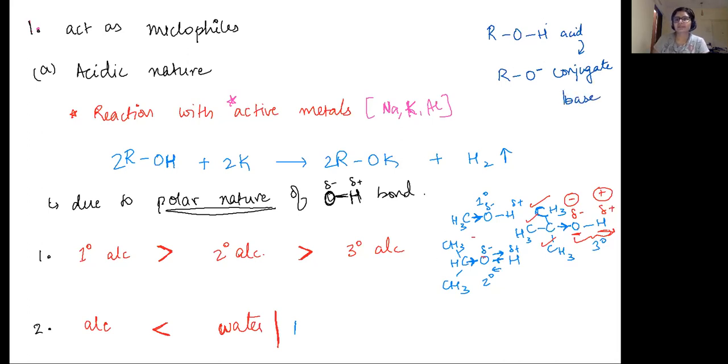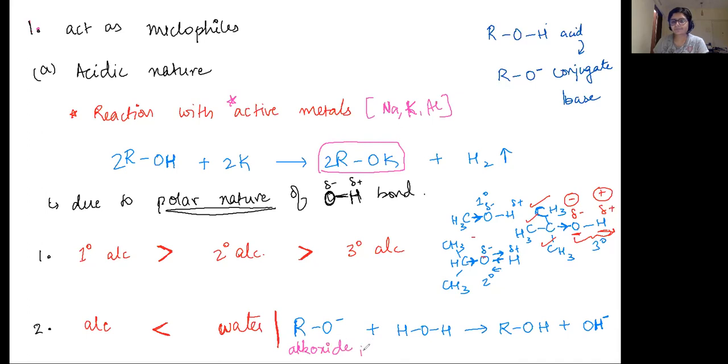Right? So if you consider the reaction of the conjugate base with water, you have RO minus plus HOH, which is water, giving ROH plus OH minus. This basically shows where you get RO minus from. If you take any alkoxide, this is called an alkoxide ion. You get the alkoxide ion from